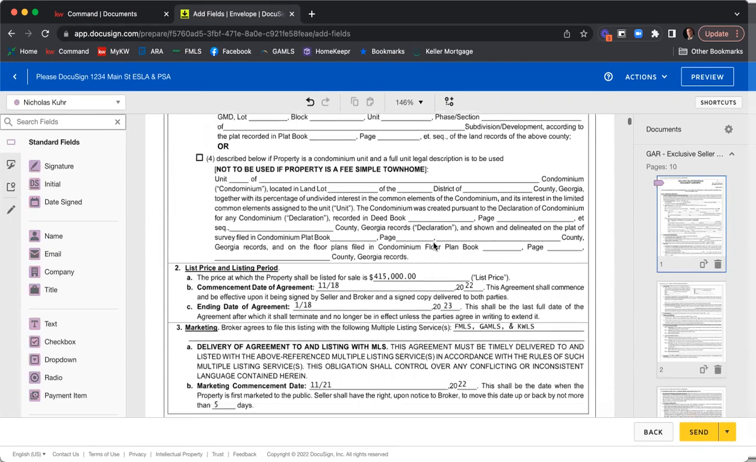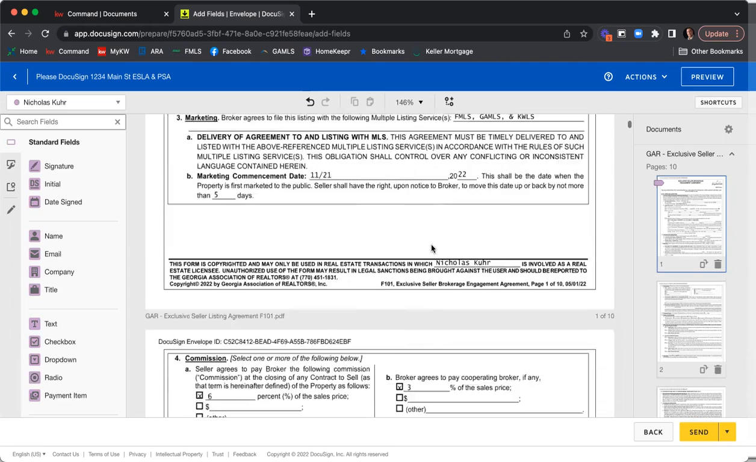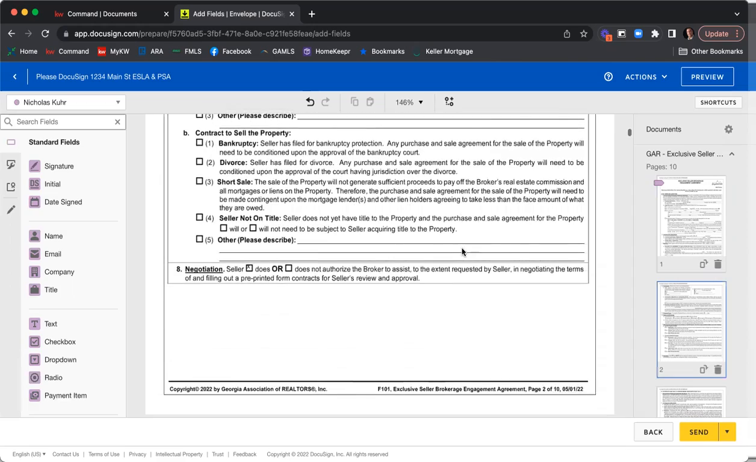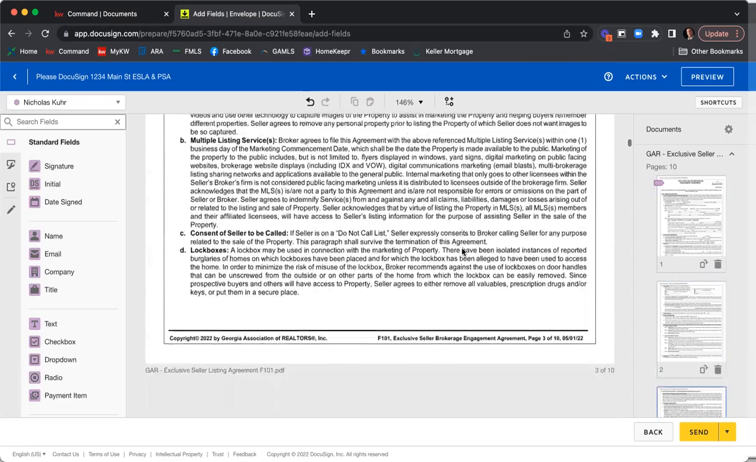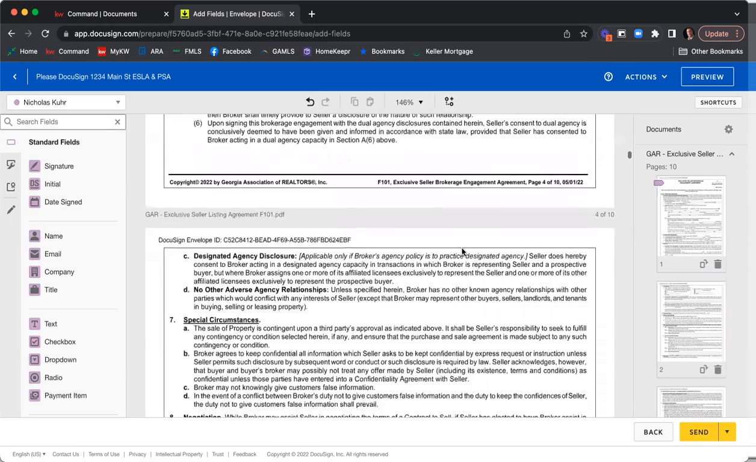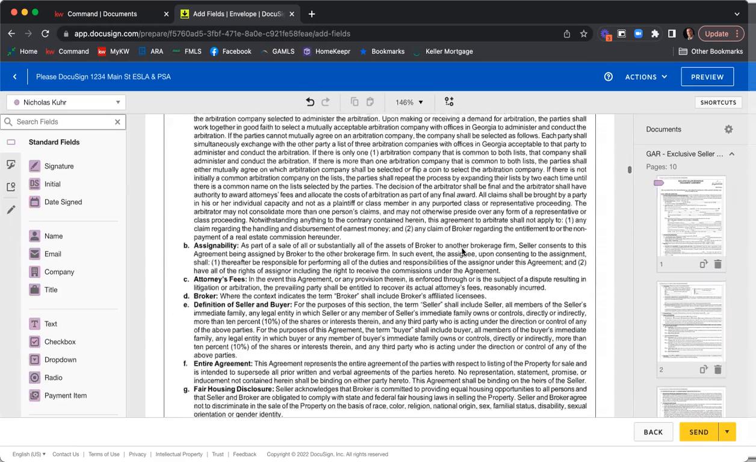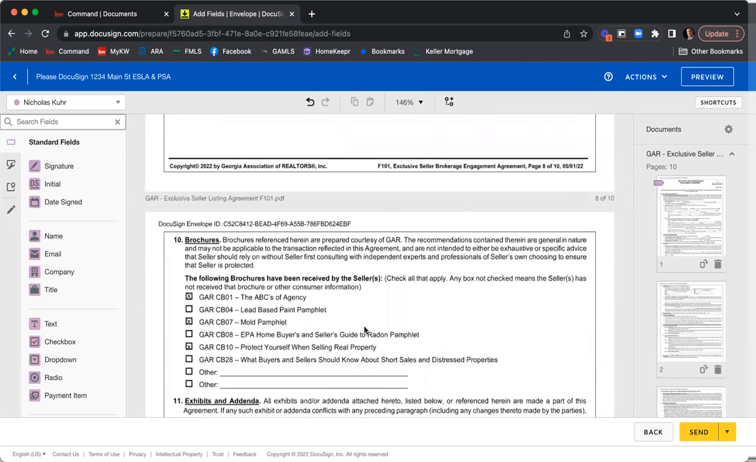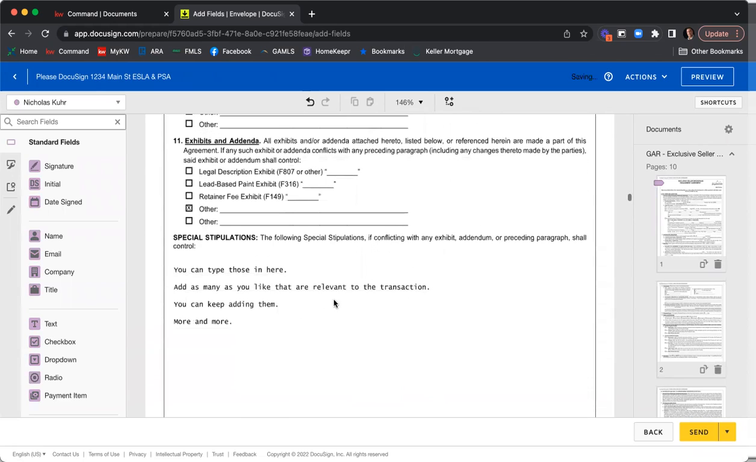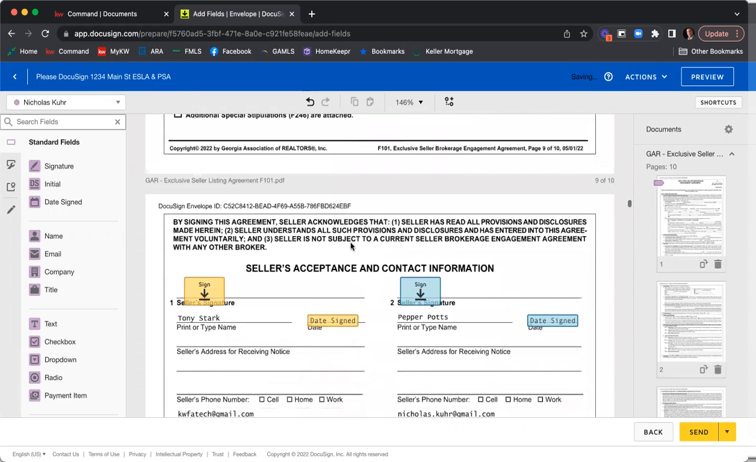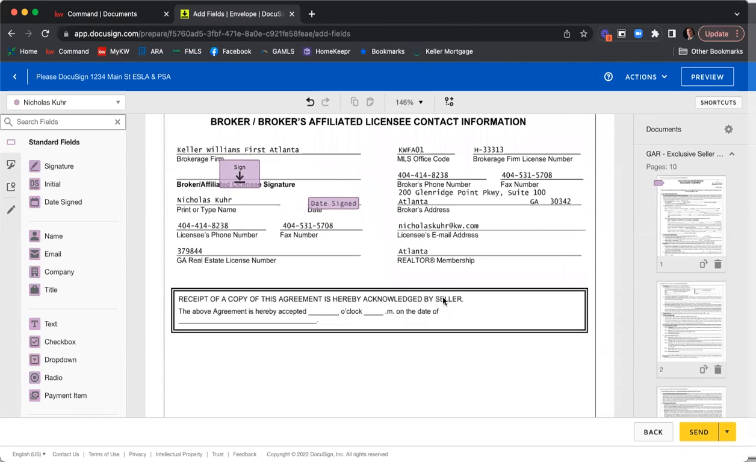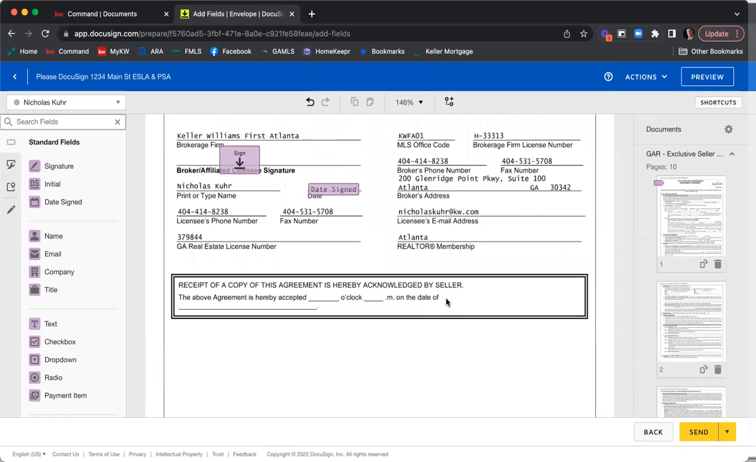Scrolling down, just make sure everything else is good to go. Scrolling, lots of explanation here. All right, good to go. Then we have our signatures and our date signed field, so we are good to go there. Perfect. Now, since I am going to be the last person to sign, I can actually make this listing agreement